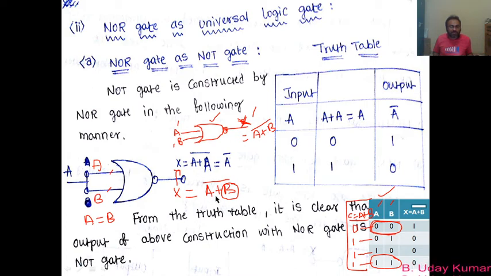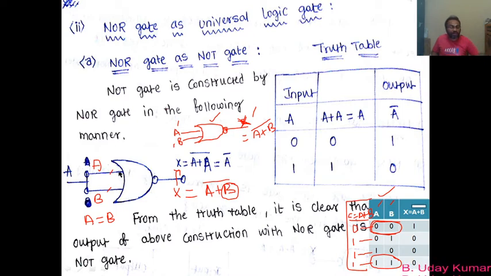So in place of A plus B bar, I can write X as A plus A bar, because here A and B are interconnected. And from the observation you can easily say that A plus A I can write as A. Since there is a bar over here, you can write that bar here itself, here also. So remember, from the observation, and even from Boolean algebra, A plus A bar I can write as A bar.